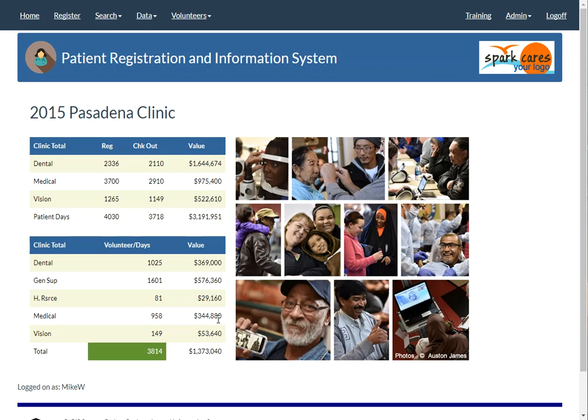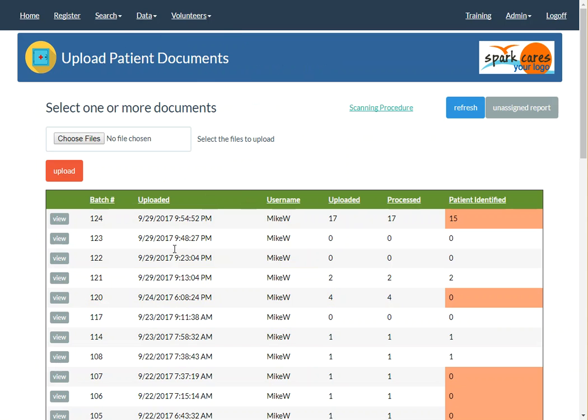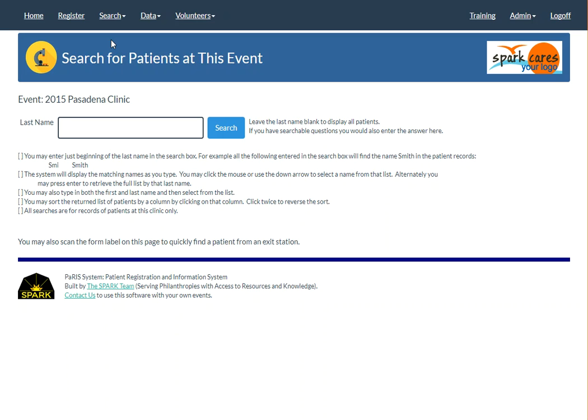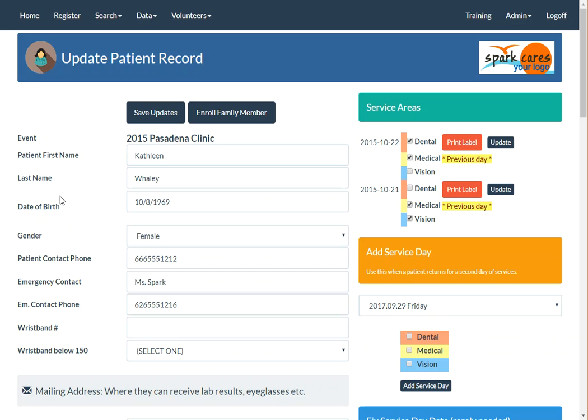The third bit of training on the patient system scanning process is using the records once they're scanned. So anywhere around in the clinic, if you have the proper credentials, you can of course go in here and look at the record scanning process itself, but mostly you're going to be looking at records that are associated with a patient. So let's try to find a very beautiful patient here, and we found one, Kathy Whaley,